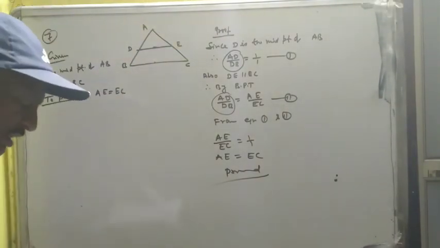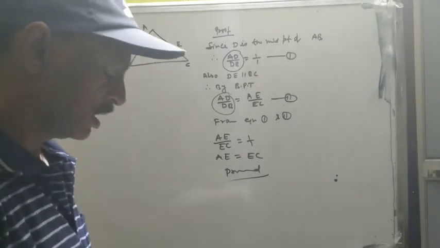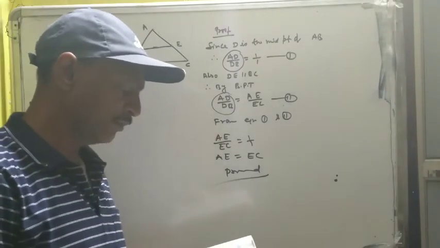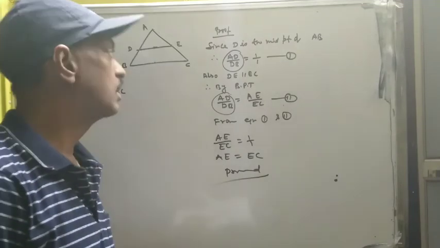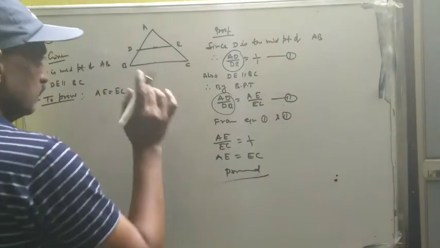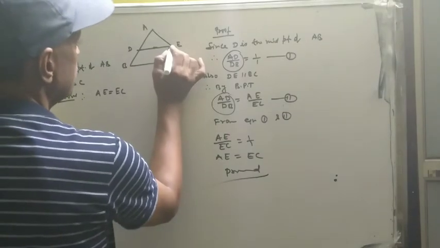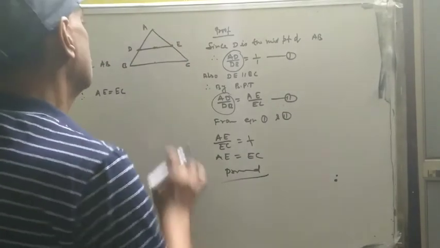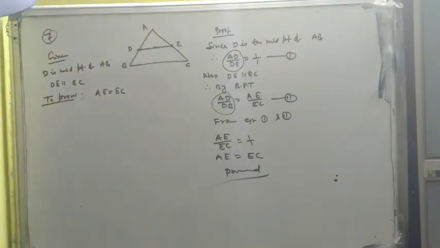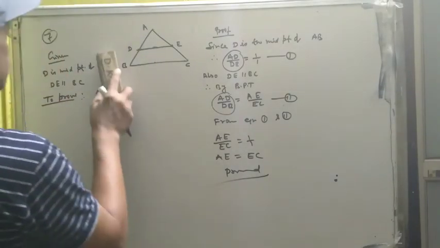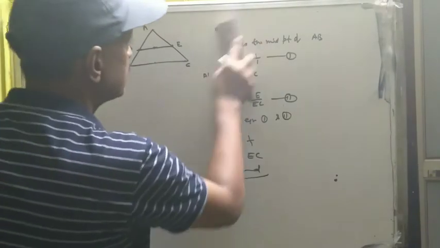Okay, the next question is question number 8. Prove that the line joining the midpoints of any two sides of a triangle is parallel to the third side. तो इसमें बताना है कि अगर ये दोनों ही मिड पॉइंट है तो ये DE जो है BC के पैरेलल होगा. तो लेट अस प्रूव दिस. फिगर विल बी सेम.